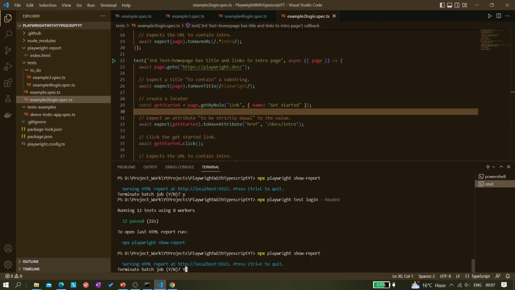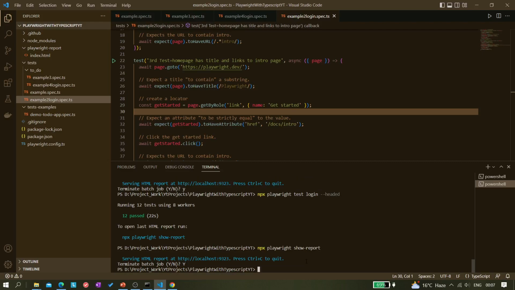What I mean is module-wise filtering, like accounts related test cases, login related test cases, or payment related test cases. So using some specific keyword, you can run them. Okay,